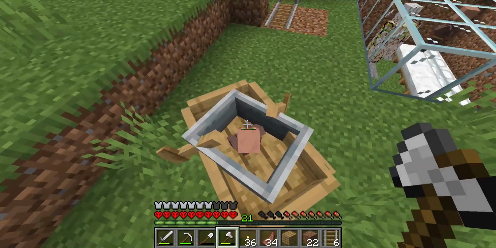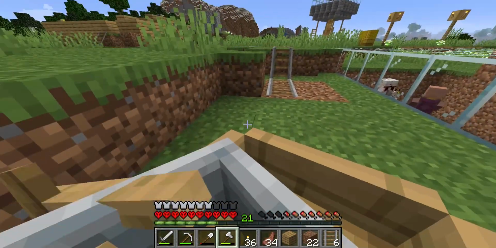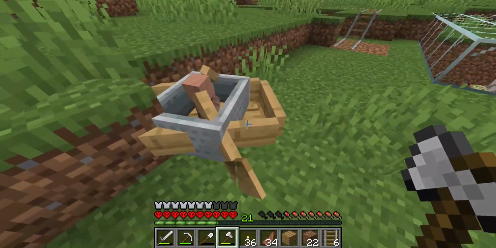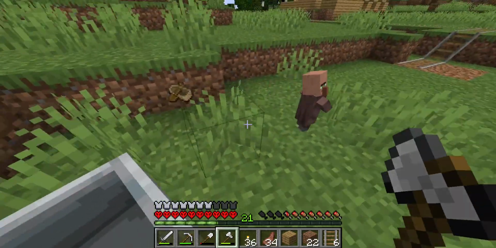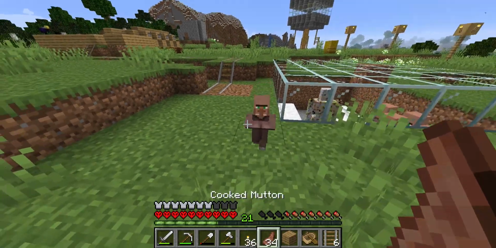Crap, because yes, the minecart can only continue moving in the direction that it was going. Okay, let's try this again. So now he's out and free. So...